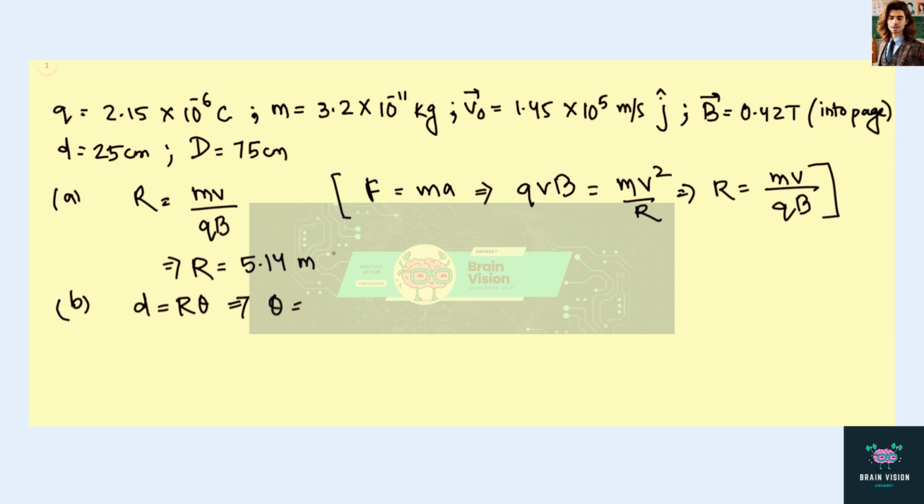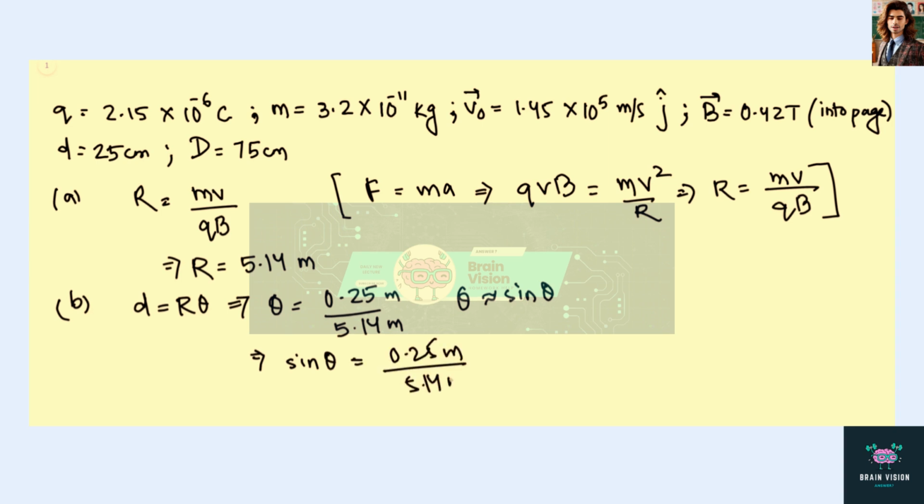theta to be equal to 0.25 over 5.14 meter, and theta is nearly equal to sine theta for small angle measurement, which is the case over here, and this gives sine theta to be equal to 0.25 meter over 5.14 meter, and this gives theta to be 2.79 degree, or in radians this will be,